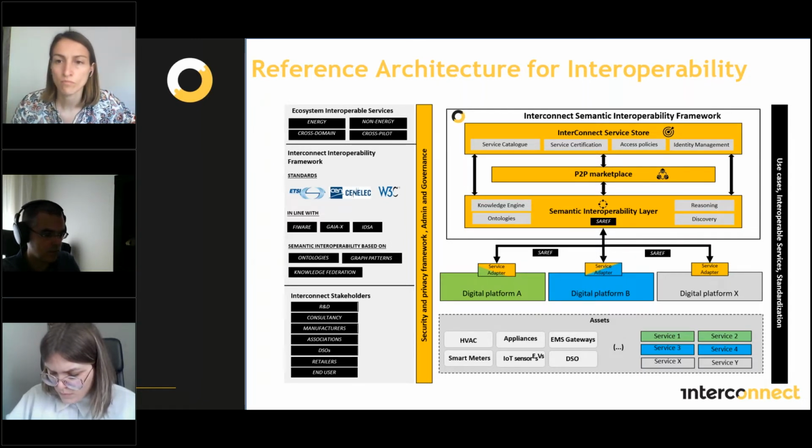So this is part of a set of tools that compose what we call the semantic interoperability framework that I'll mention in a while. But basically, just to let you know that all of these tools that we have been developing are accessible in a public place. So we have this completely posted in public repositories for you to use. Suffice to say that all of this implementation that you have seen here with a service store, a marketplace, and even the interoperability layer that you see there are part of this tool that we are making available for everyone